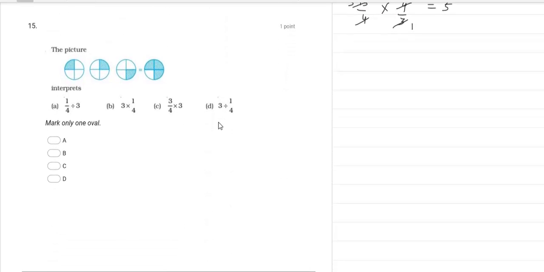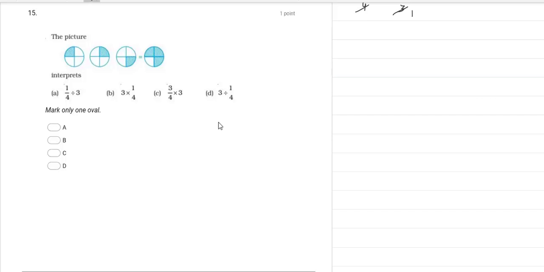Now question 15. We have 3 pictorial diagrams in which we can understand we have 4 divisions. So in total there are 4 parts. So we have 4 as whole. Out of 4, how many are shaded? 1 is shaded. Here also we have 1 upon 4. Here also we have 1 upon 4. And if you add these 3, what will happen? LCM will be 4. 1 plus 1 plus 1 is 3 only, which is this thing.